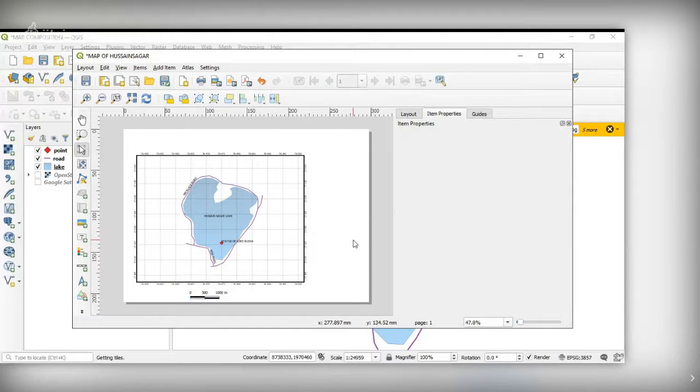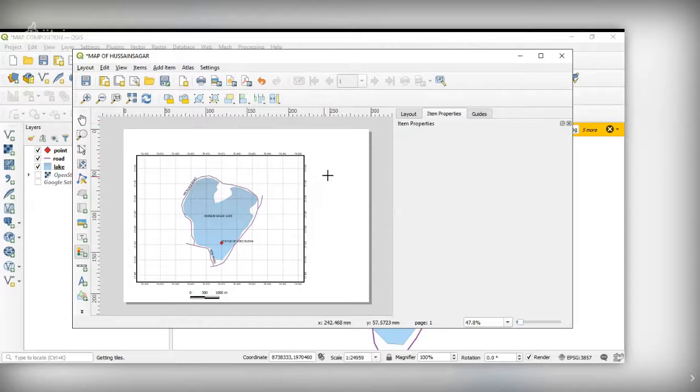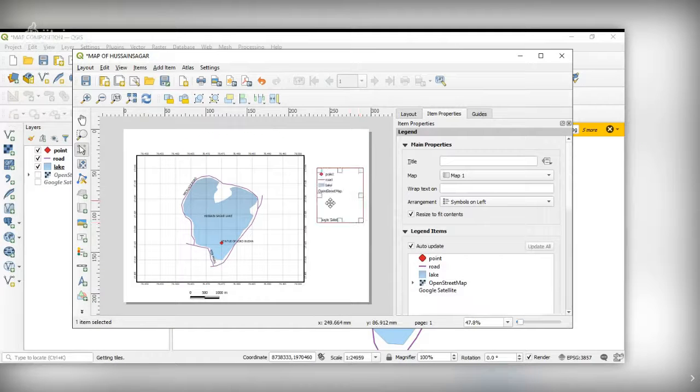Done. Okay. Now scale is over. Then next is the legend part. So you have three layers, and for all the three layers, you will get a legend. The map index. So what is that point, and what is that road, and what are these things? These things you can give, and the title you can give as index.